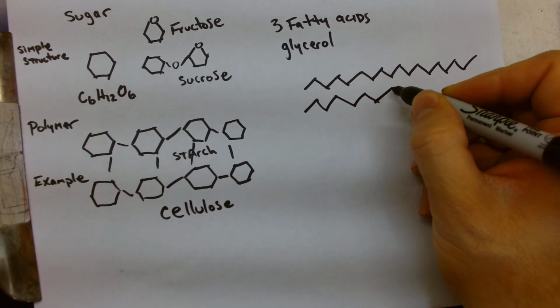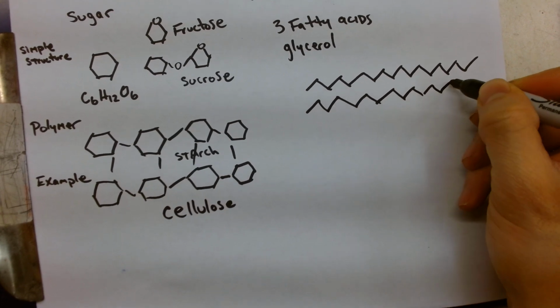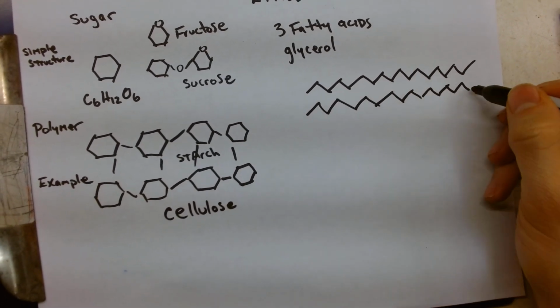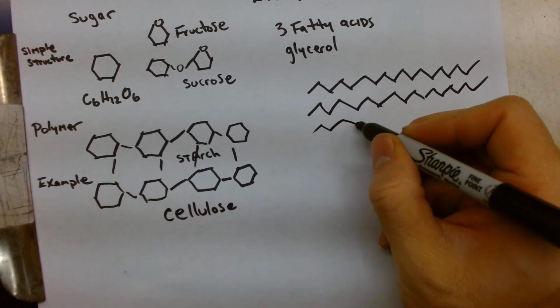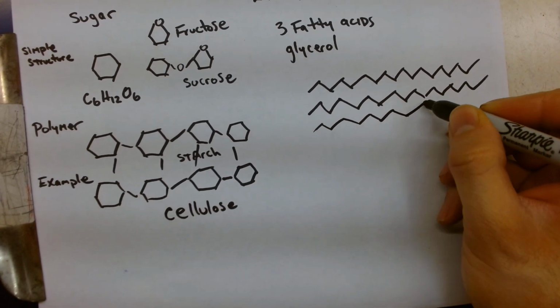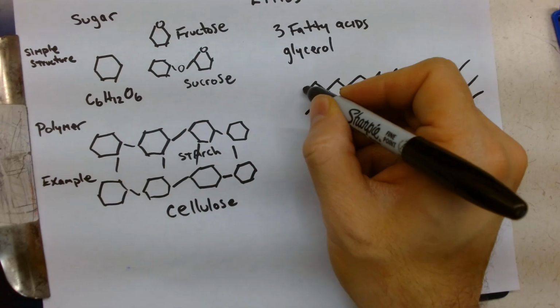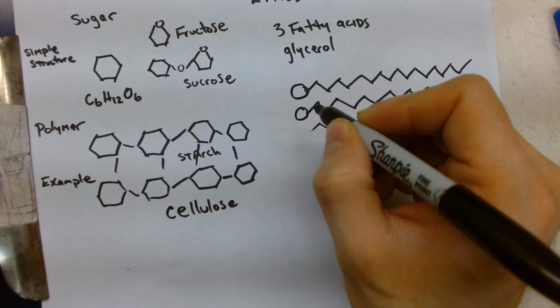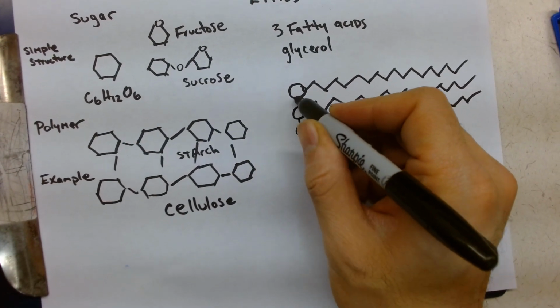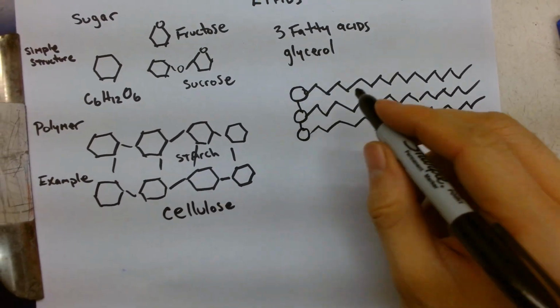Remember, 18 carbon atoms. Not to say that they can't be more, but this is a general structure for a fatty acid chain. It means that there is a tremendous amount of energy within these carbon atoms that breaks down,